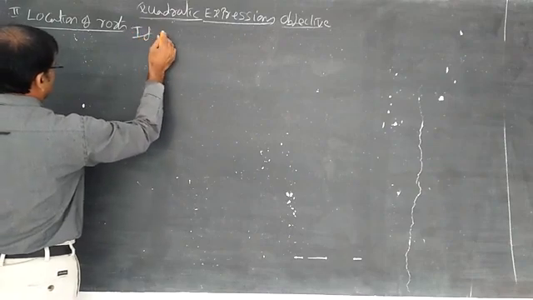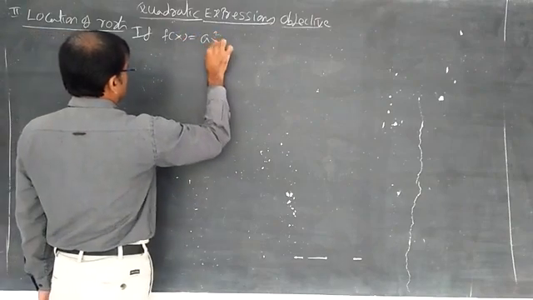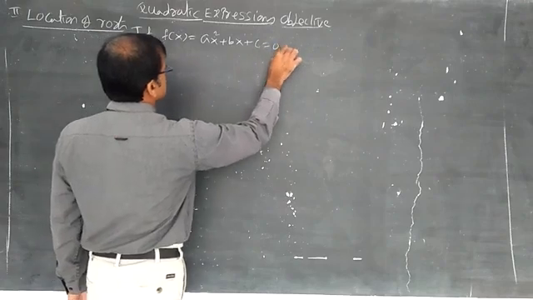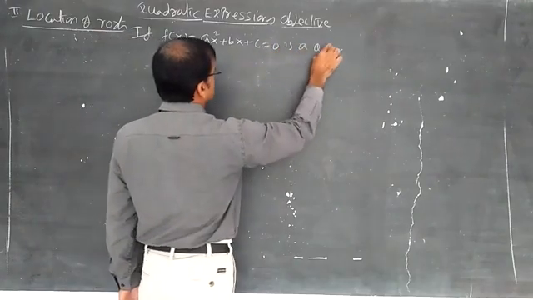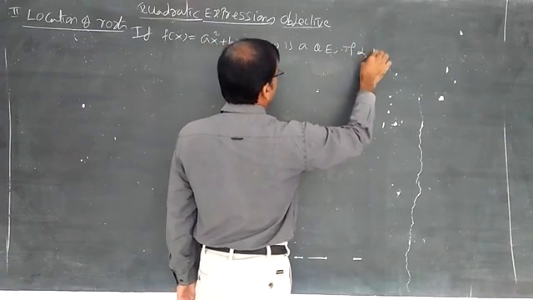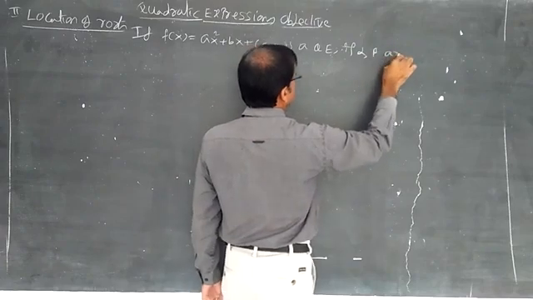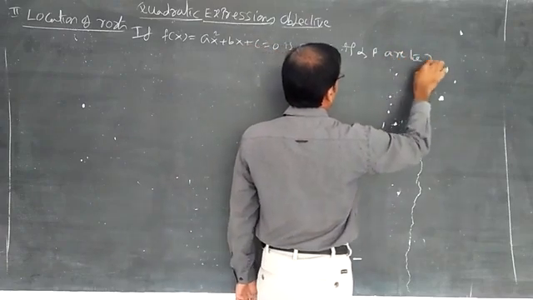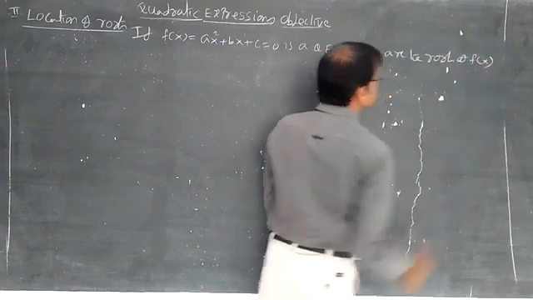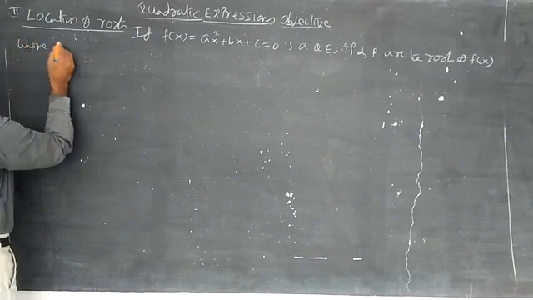If f of x is ax square plus 3x plus c equal to 0, a quadratic equation, and alpha, beta are the roots of f of x, where alpha less than beta,